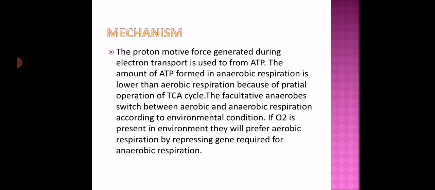The proton motive force generated during electron transport is used to form ATP. Proton motive force means flow of protons and electrons through the electron transport carriers, and a high concentration of protons will be generated outside the membrane, low concentration of protons inside the membrane. So this will create the proton motive force. This force is utilized to form ATP, and the amount of ATP formed in anaerobic respiration is lower than aerobic respiration because of partial